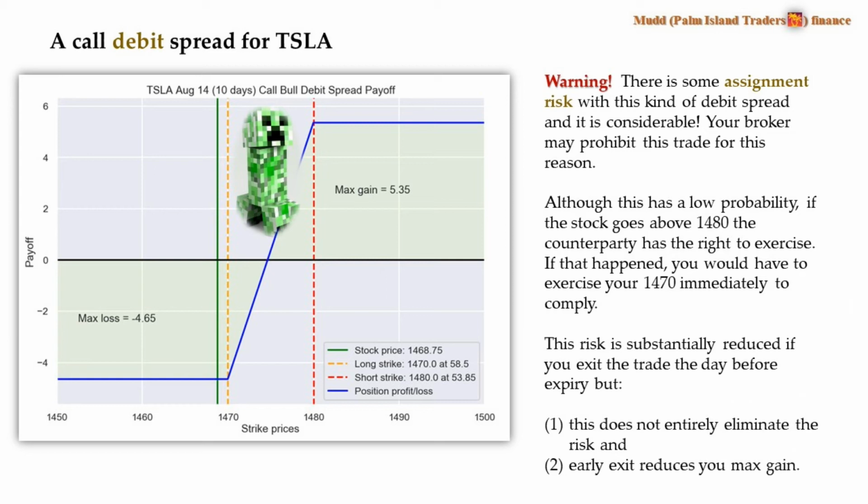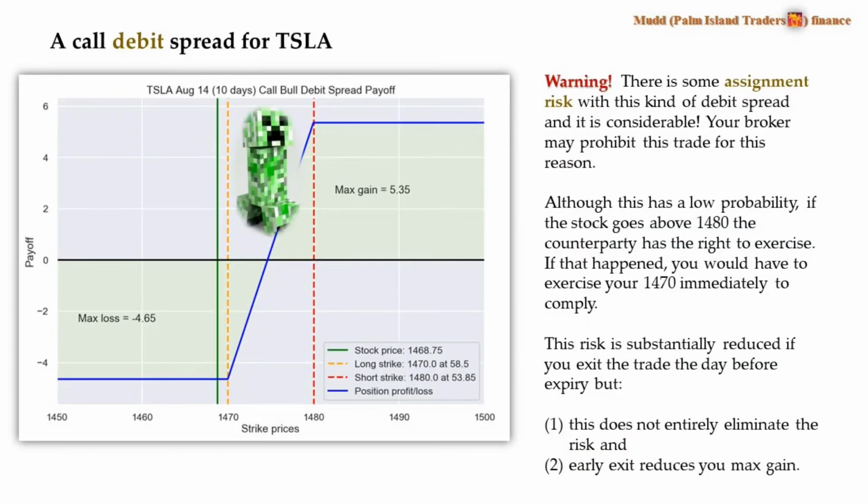Although this has a low probability, if the stock goes above 1480, the counterparty has the right to exercise at any time. Now, they're normally going to wait until expiry to do that because that's where they're going to get the most value out of it, but they don't have to do that, and they may not do that. And if that happens, you would have to exercise your 1470 immediately to comply